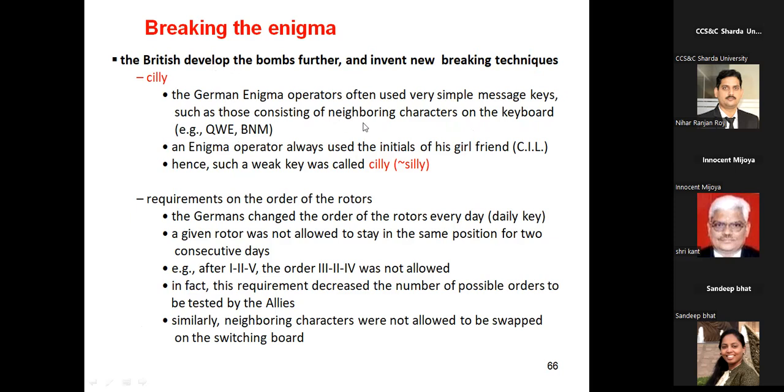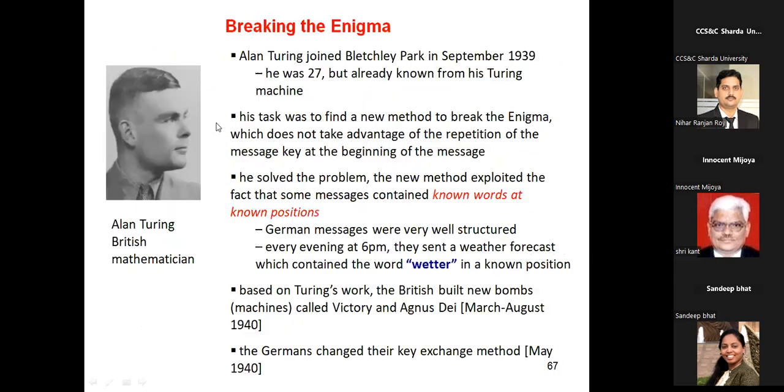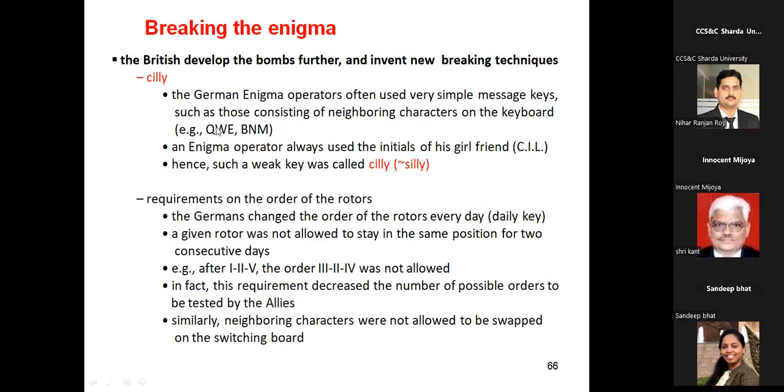The German Enigma operator often used very simple message keys, such as neighboring characters on the keyboard: Q, W, E, B, N, M. This pattern was studied. And